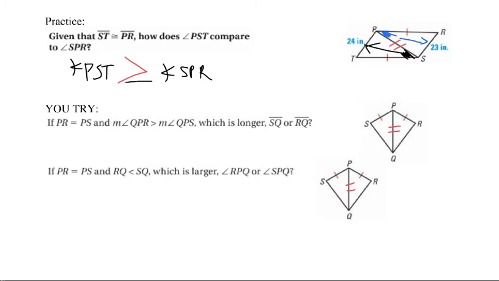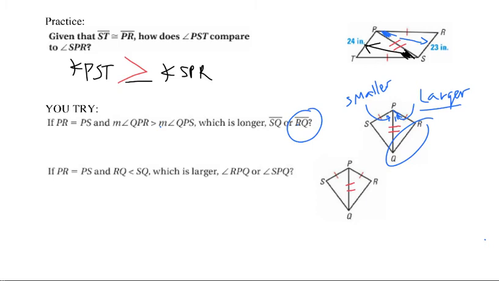So angle QPR is right here. That angle right there is going to be larger than angle QPS that I have drawn now inside my picture. Then that means that the side across from the larger one, so my QR, is going to be the largest side. So next, for the next one, again, PQ is going to be congruent to PQ because it's reflexive,